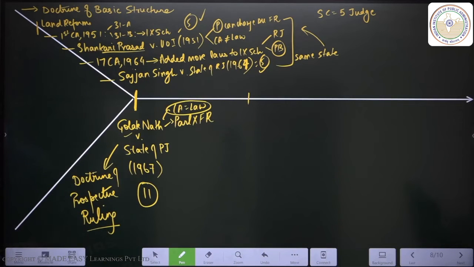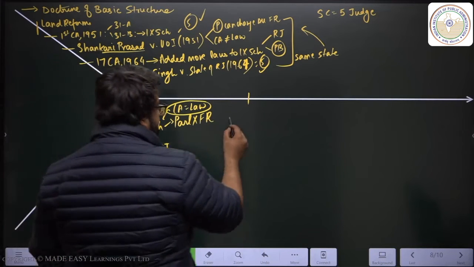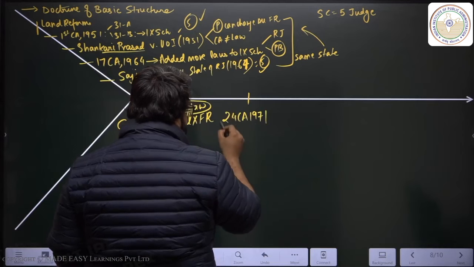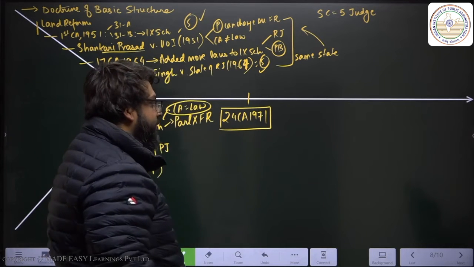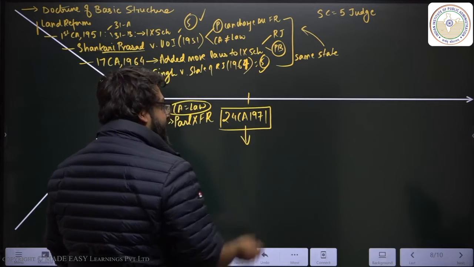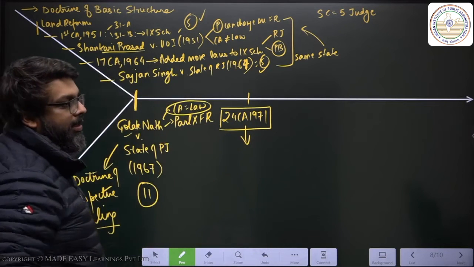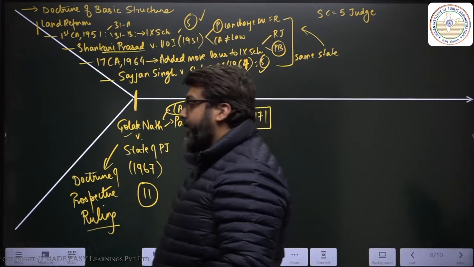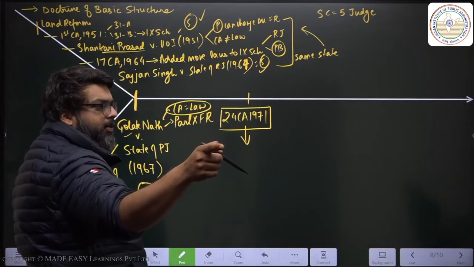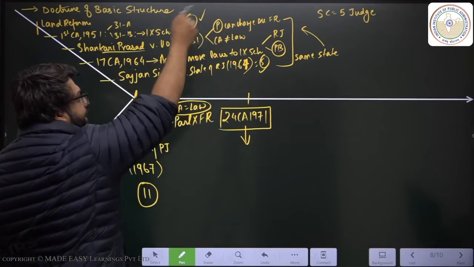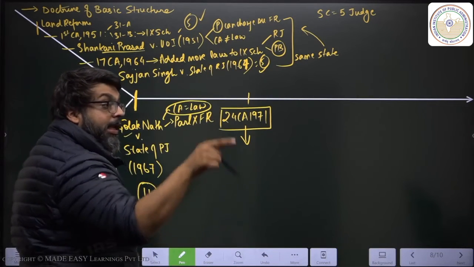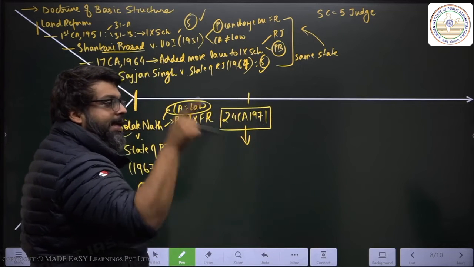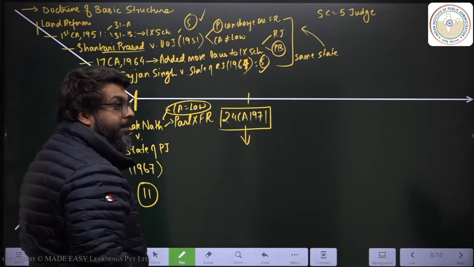The first amendment that they made was the 24th Constitutional Amendment of 1971. And in this amendment, they directly overrule Golaknath. They say that, boss, Golaknath said constitutional amendments are law. Till now we were playing in interpretations. Now I am writing it in the Constitution. In black and white, in text, in spirit and in form.